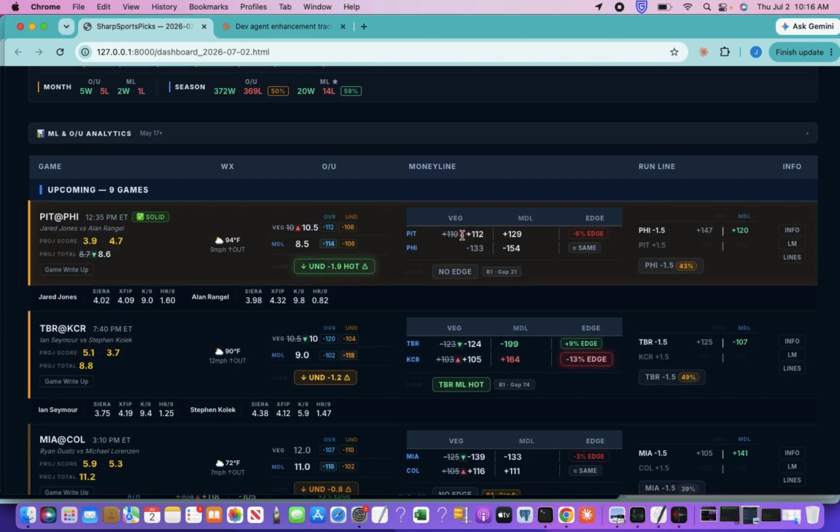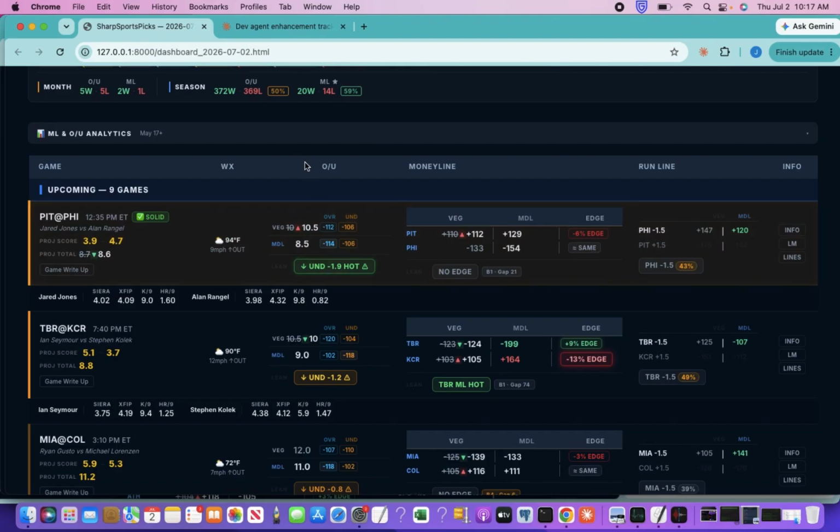okay, let's start with just money line plays. So we got our money line plays. There's edges, so we'll take this game big on the under. Looks like we're a little heavier on Phillies than we are the market, so we'll just start there. I wanted to see.